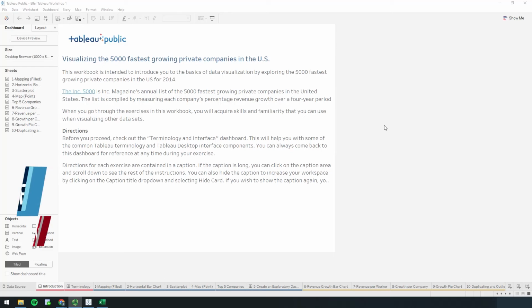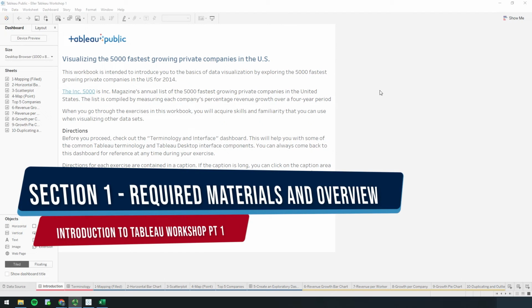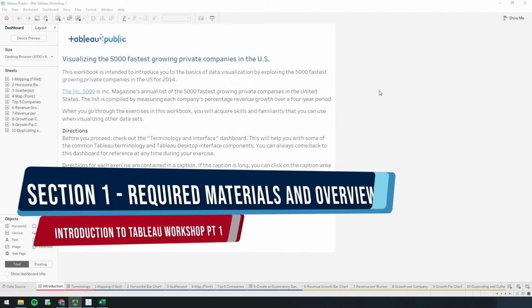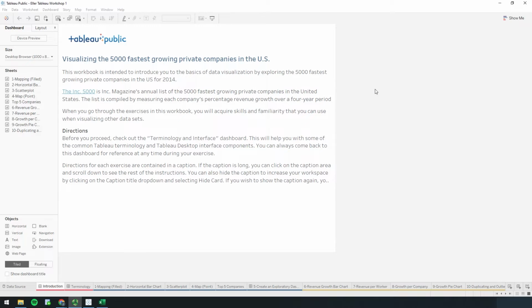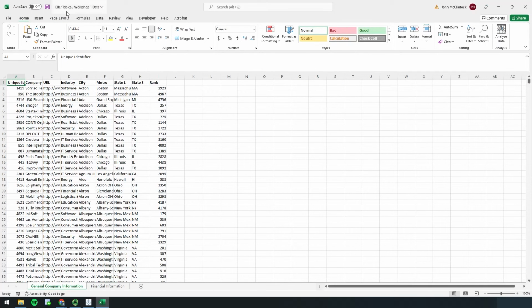Hi everyone, this is the first Tableau workshop. To follow along with this workshop, you're just going to need two different files. The first one is this Eller Tableau Workshop 1 Tableau file. It'll be a .twbx. And then the second file you're going to need is this Excel file called Eller Tableau